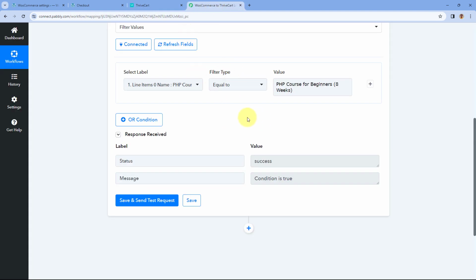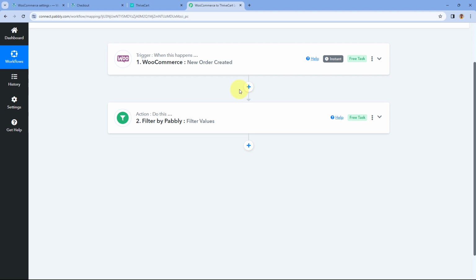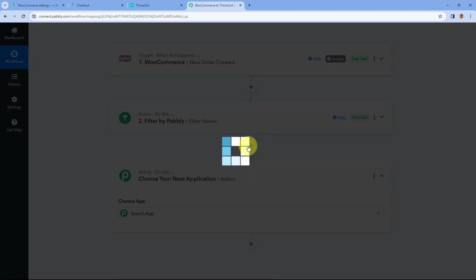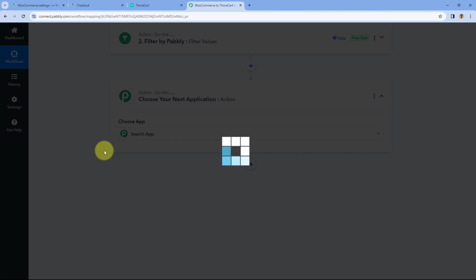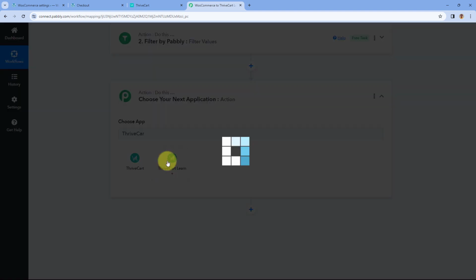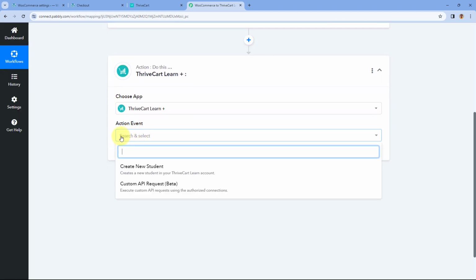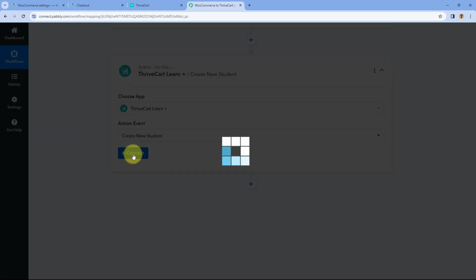Now, after adding this filter condition, let's move to the final step and let's add the customer who made the payment, who made the purchase as a student in ThriveCart Learn. For that, just click on this add action step button over here. And then here in choose app, we have to search for ThriveCart Learn. Just select it, ThriveCart Learn Plus. After selecting it, in action event from the drop down, select create new student action event. Then just click on connect